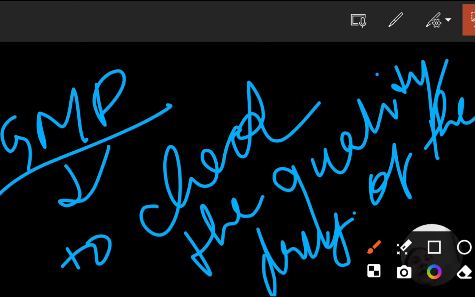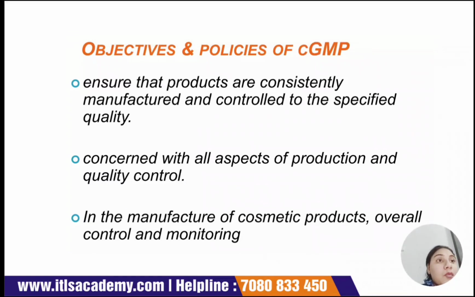It is very important for any pharmaceutical industry to have good quality products. Why? Because if the drug quality is very high, then again your